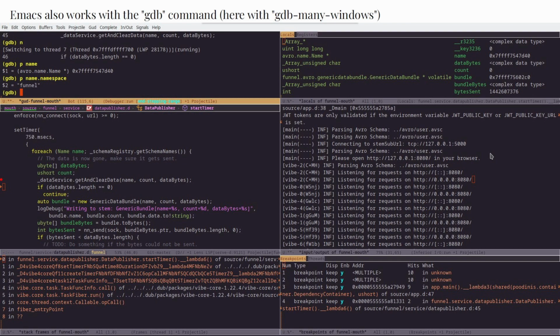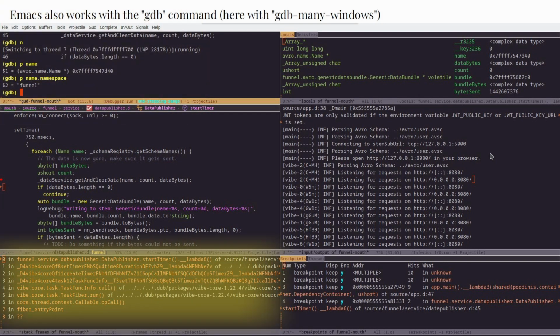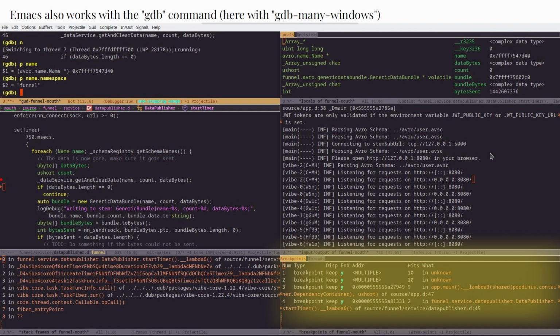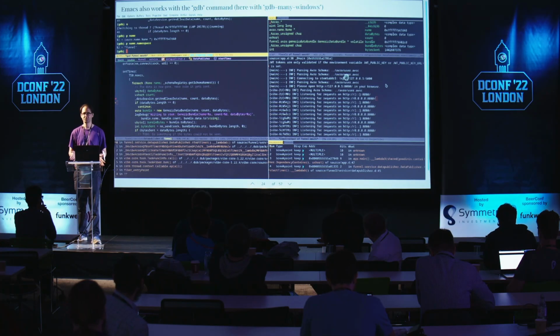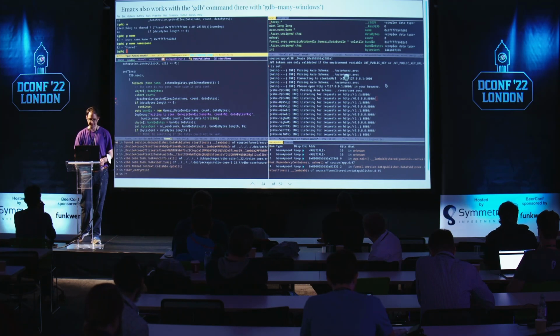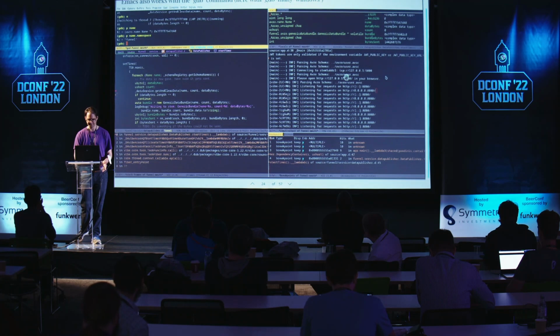And this is an example of doing a similar debug session on similar code where you can actually see your breakpoints over here. You can type in arbitrary commands here. You can watch variables and keep track of your breakpoints. It's not as pretty as Visual Studio Code, but it works. And it's fast, which is the important thing.